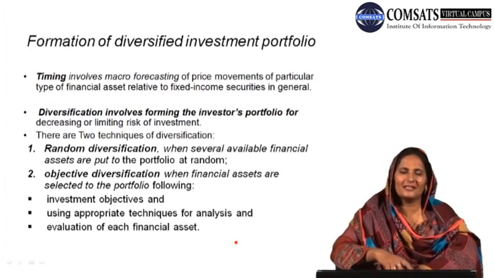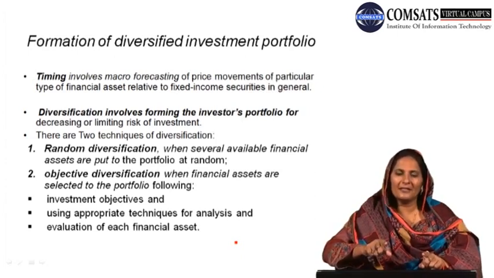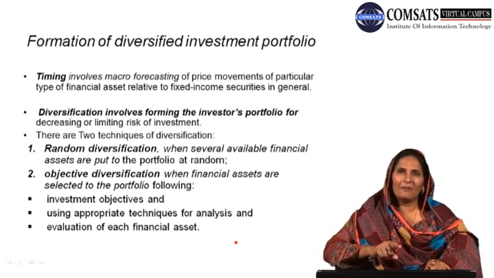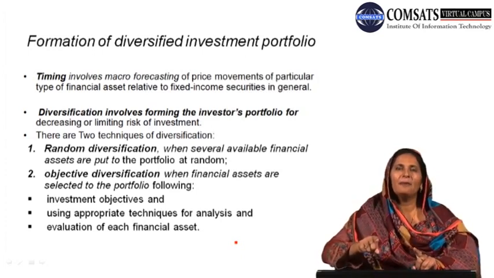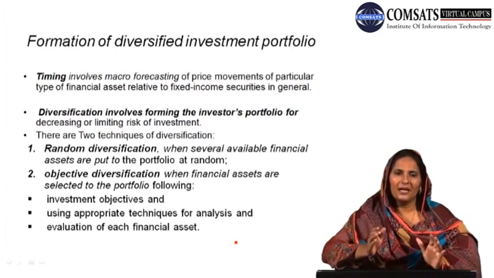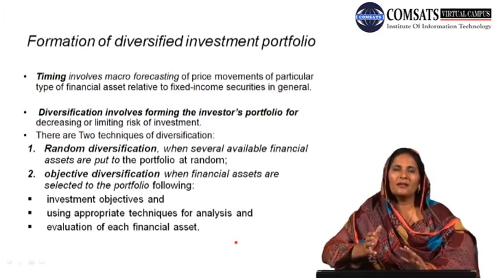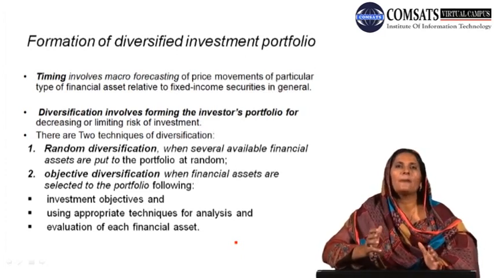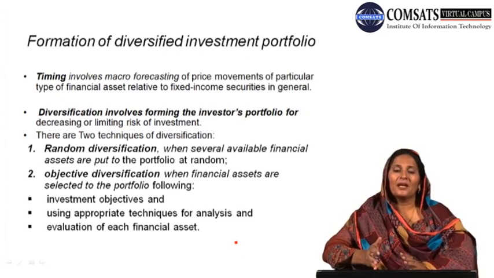That is, as we discussed earlier, if he invests in a diversified investment portfolio, and if the price of one type of asset falls, it is quite possible that the price of the other types of assets in his portfolio may increase, and he may earn a maximum benefit out of the other assets. For example, we assume that an individual in his portfolio holdings has on one side shares of fertilizer, let's say, and on the other side he has oil. If the price of fertilizer shares falls, he thinks he is going to have a great loss by the purchase of those shares of fertilizer, or he has a second item in his portfolio,